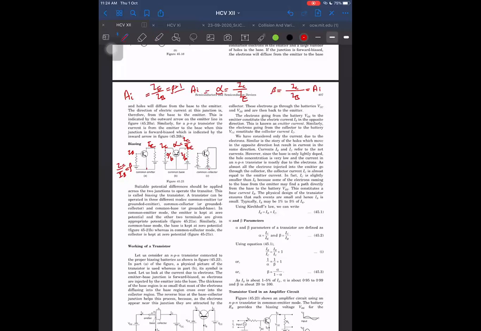So which is output? Emitter side is output and base side is input. Okay, right. So Chandan, you were asking how to decide which is output and which is input. No, we have to learn it. Yes, sir. In common base current gain, collector is output and emitter is input. In common emitter current gain, collector is output and base is input. And in the third one, common collector current gain, emitter is output and base is input. This we have to remember. Okay.